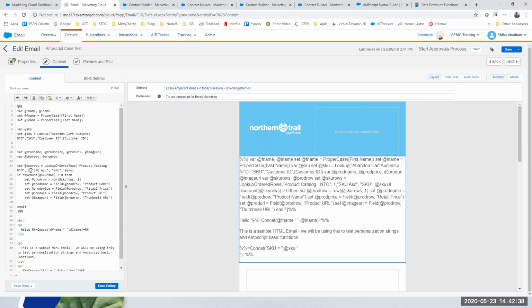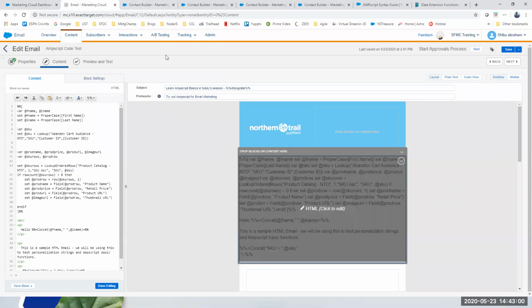If I'm using this one, then I have to say what is the ascending or descending order, which field I want to use. I'm using SKU ascending, and then I'm giving SKU, and the value that I need to assign to SKU for the where clause will be the one that I actually looked up from the earlier statement that we saw. We had already checked and retrieved that, right? That is what we did earlier.